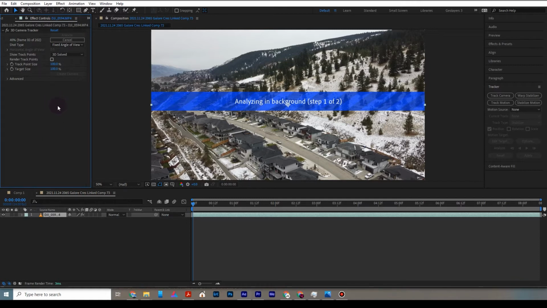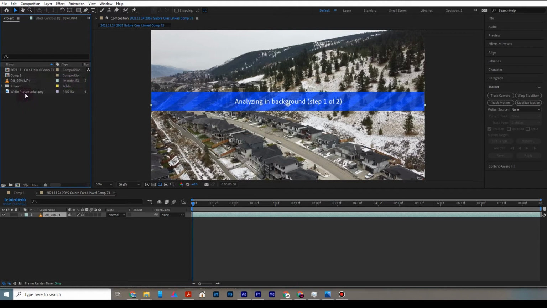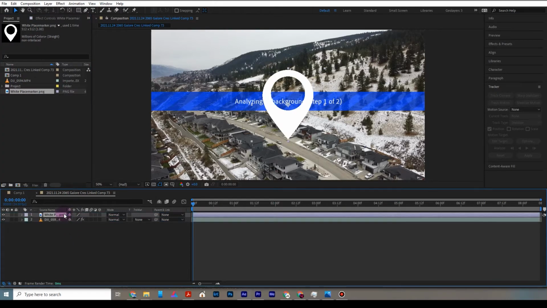So while that takes place, I'm going to go back into my project folder here, and we see the white place marker which I brought in. You can see it's just a very basic PNG file that I've got here. We can grab this guy. We'll bring it in while that's still tracking in the background. And you can see when I bring it in,